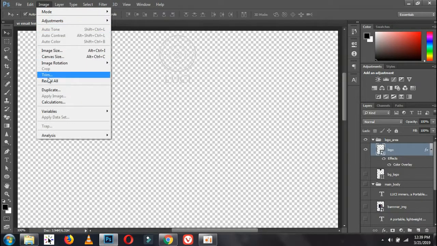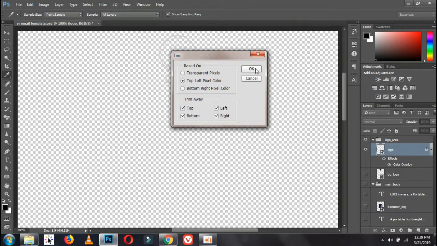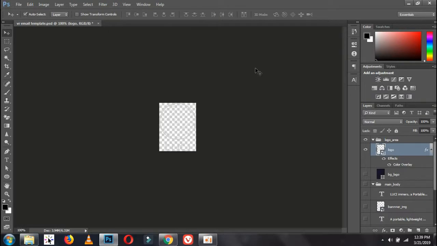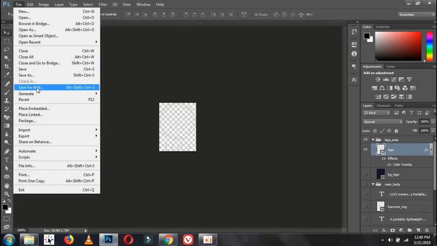Go to Image, Trim, press OK. What it is doing is that it deletes all the parts and only keeps the logo part here. So it's a trick to extract pixel perfect images. So I'm going to click on File, Save for Web,